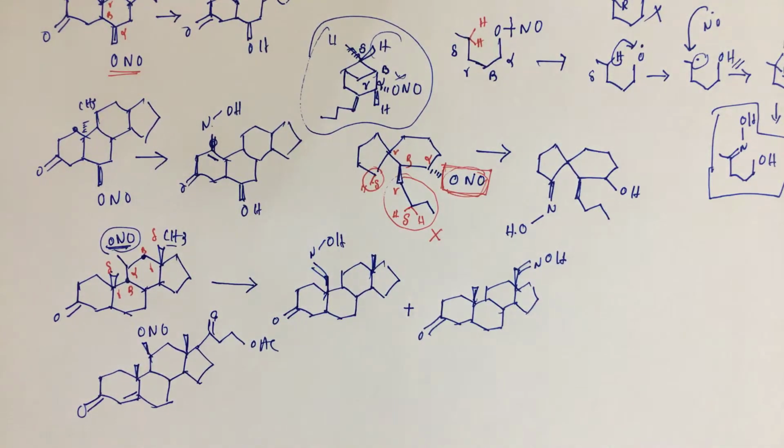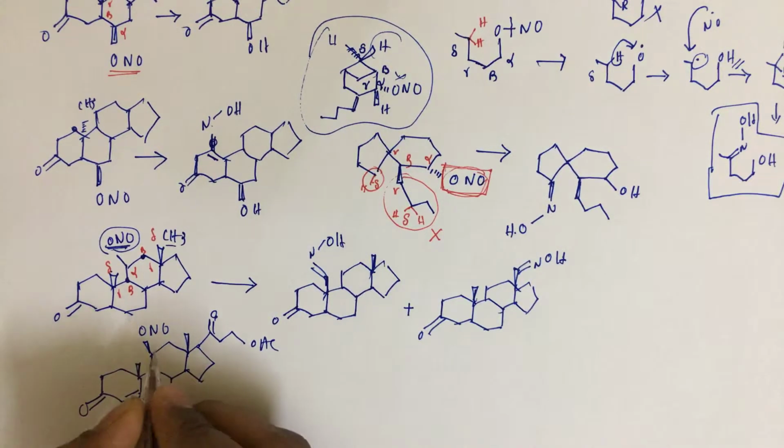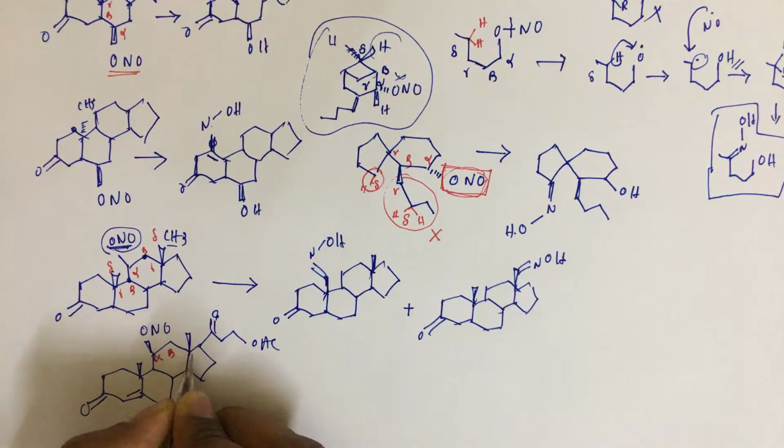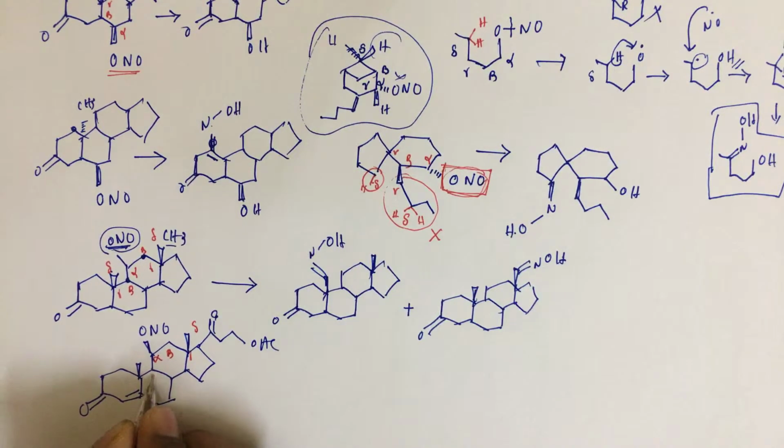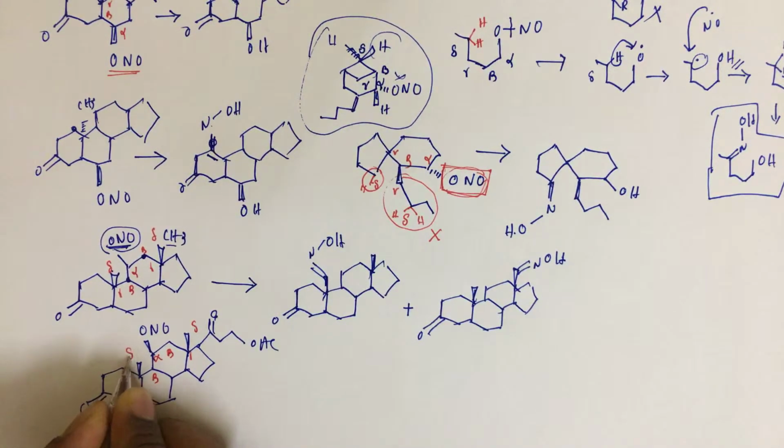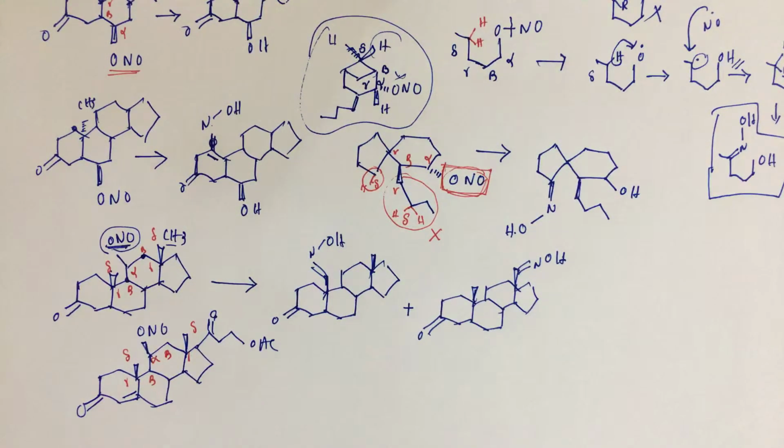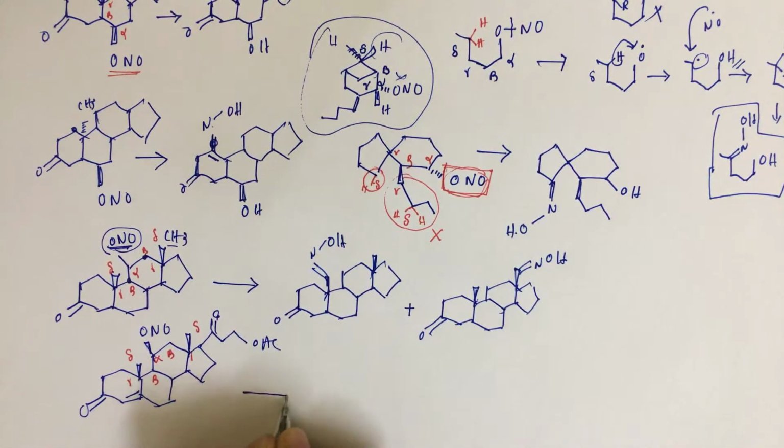Now here two possibilities are there, either this can be involved or this can be involved. Alpha, beta, gamma, delta, alpha, beta, gamma, delta. Okay, so in this case the product that we will get is